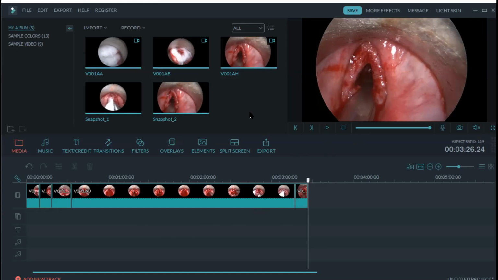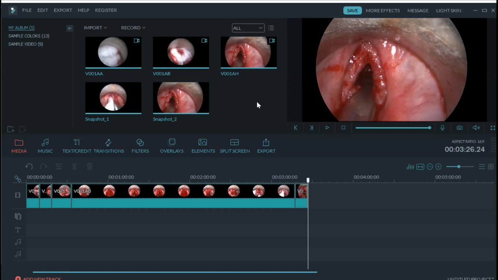Number two, some softwares will not accept some formats. When you record a video, it will be recorded in many formats depending on the recording software, recording device or camera that you are using to capture the video at the time of surgery. Once the surgery is done, it will be transferred onto either a compact disc, a DVD, a hard disk or a pen drive.